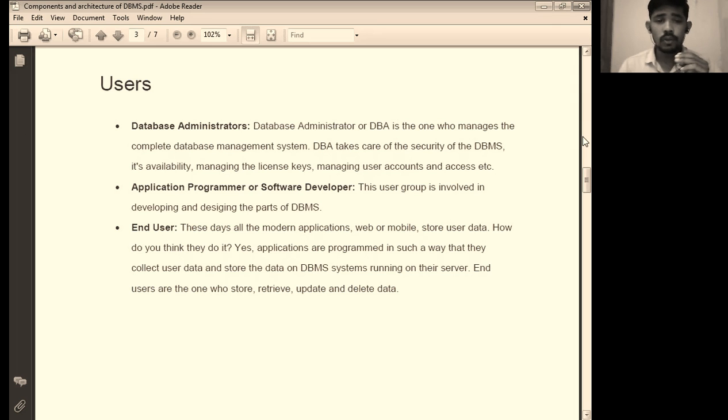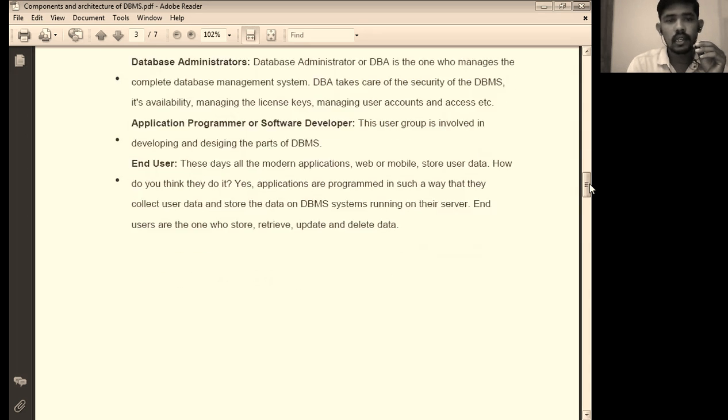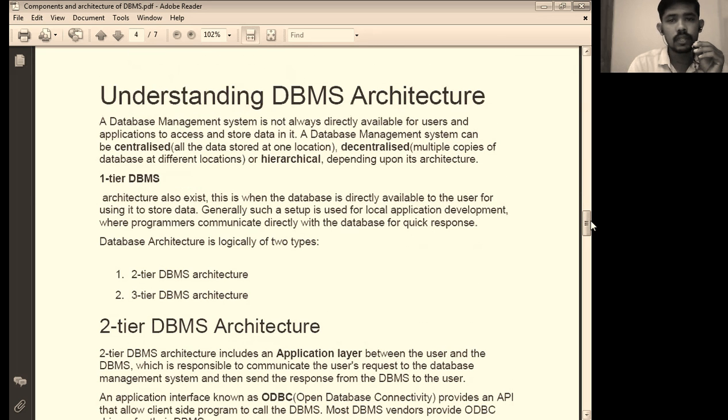Yes, applications are programmed in such a way that they collect user data and store data into the database management system running on their server, and end users are the ones who store, retrieve, update and delete particular data. So the role of the end user is to interact with the database by using various kinds of operations. So these are the components of the database management system.